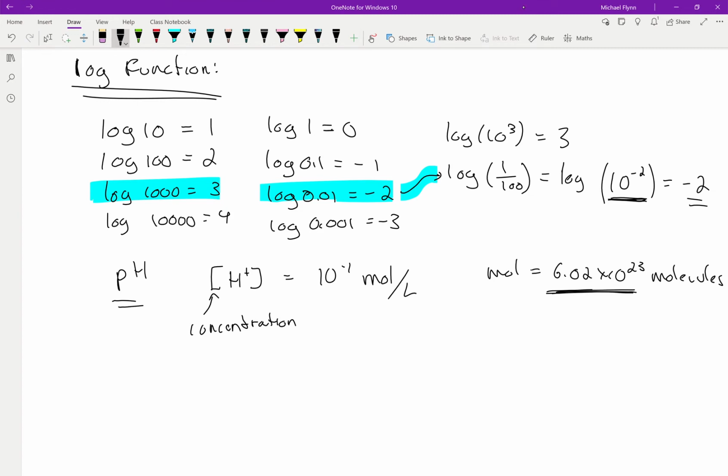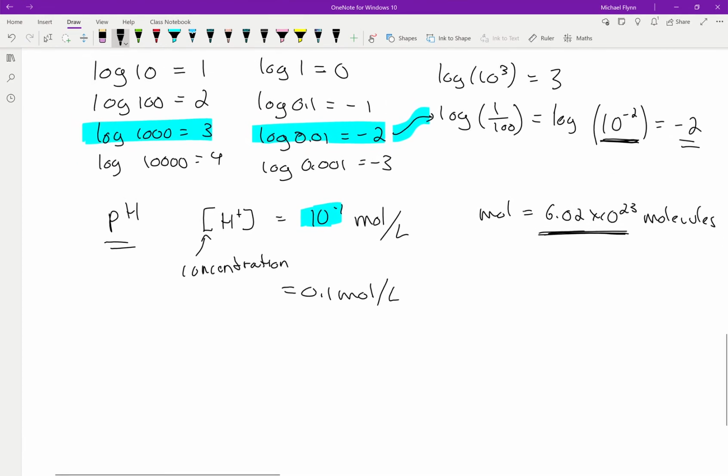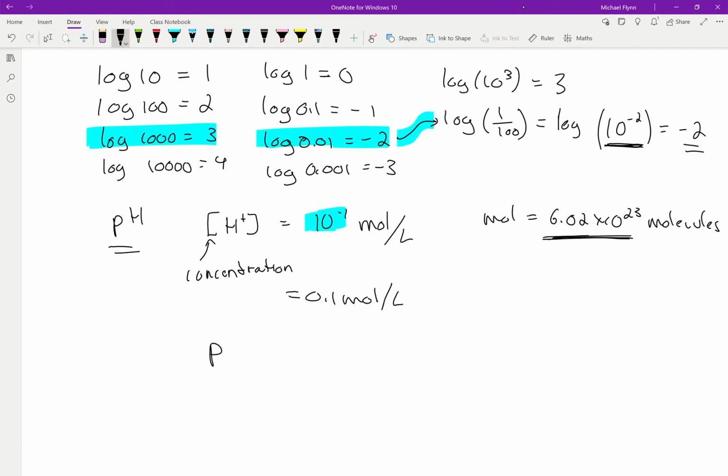But you're not going to need to know that number to do this calculation, okay? So watch. Let's say that's the concentration, and by the way, this would be a very dangerous acid if it had this kind of concentration. What I'm talking about is 10 to the negative 1. Or if you don't like writing it as a power of 10, then just write 0.1 moles per liter. So if that's your concentration, well, the definition of pH is equal to the negative log of the